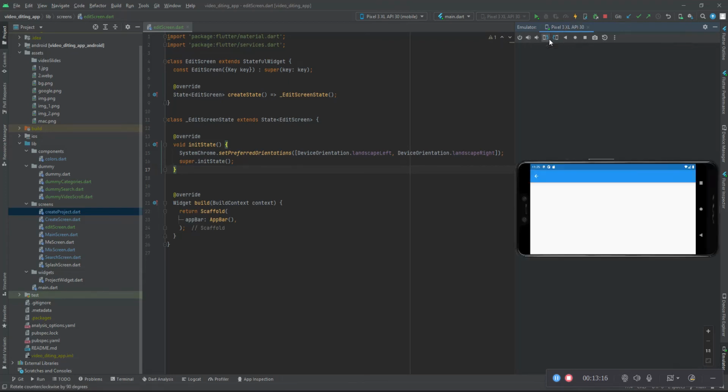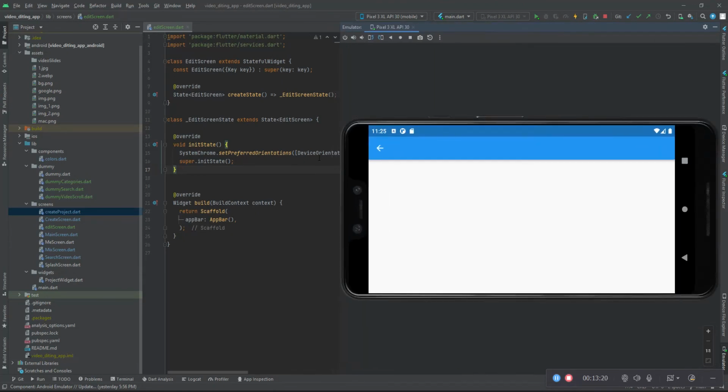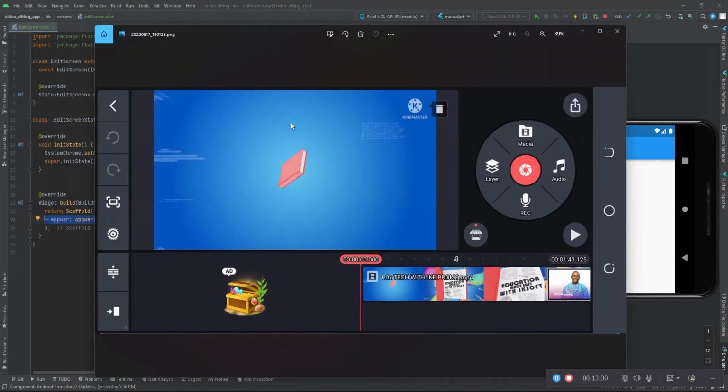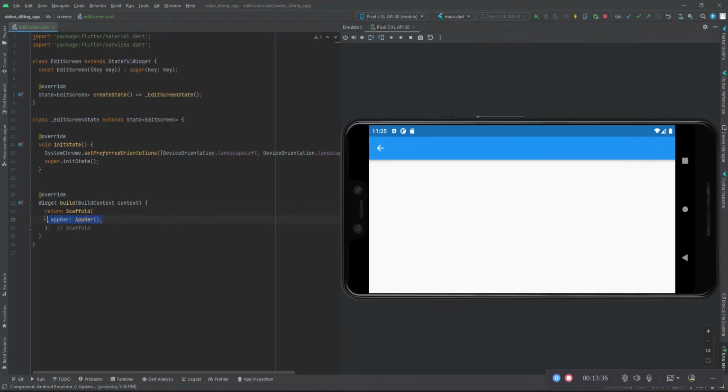So let's just shift it up. Let's do it this way. So I'm just gonna push this a little, then I just take this out so that we can see whatever we are doing clearly. So now the app bar is no more needed because there is no app bar here, but we have this button which will exit the screen. So you just have to go back, and you just specify the body, and the body is actually going to be